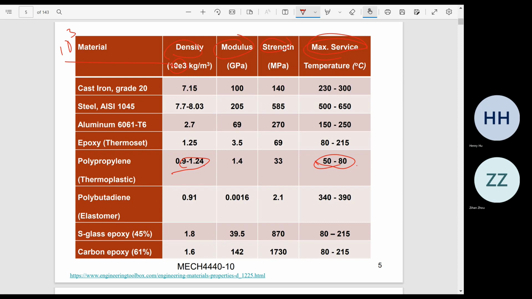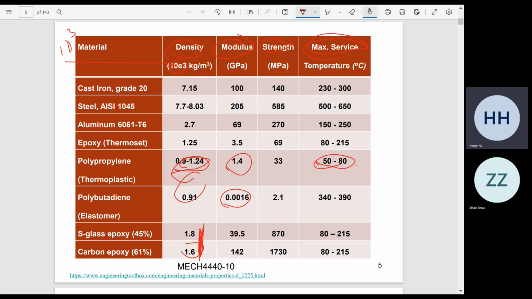Even for the glass reinforced epoxy, carbon fiber reinforced epoxy, the density is also very comparable to the magnesium over there. And in most of the plastics, the polymers, they will have a density around 1. Okay. And the modulus wise,